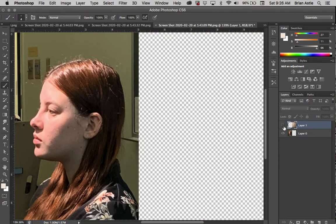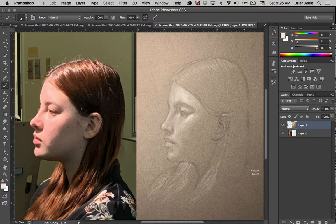Oh man, I did it on the wrong layer. Shoot. Let me see if I can back up. Go back, go back, go back. We'll go all the way back. Oh well. Anyway,